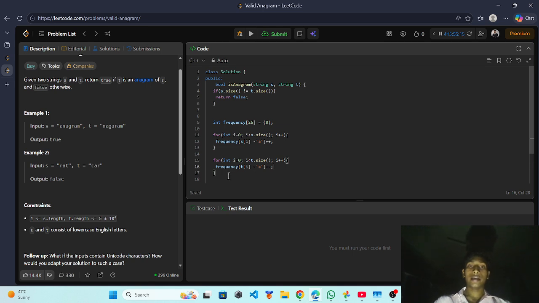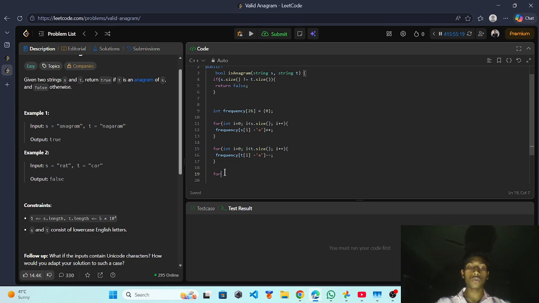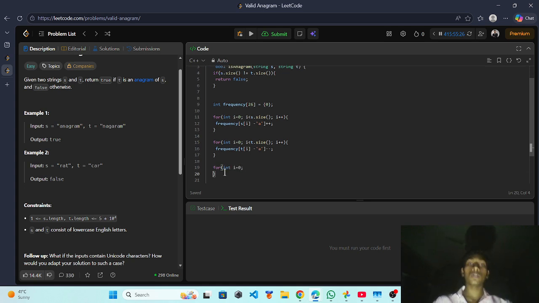Okay, and after that we have to write a for loop. A condition will be applied: for int i equals 0, i less than 26, and i plus plus.